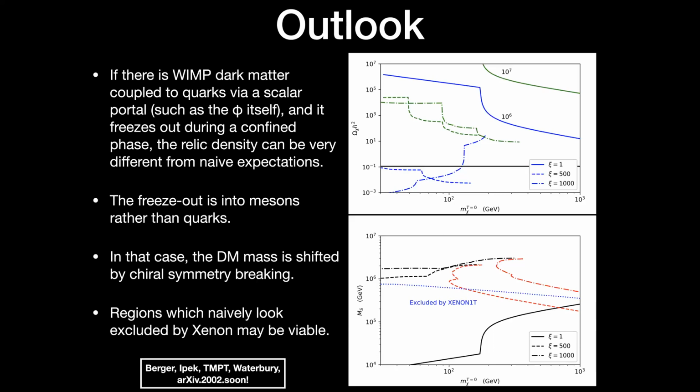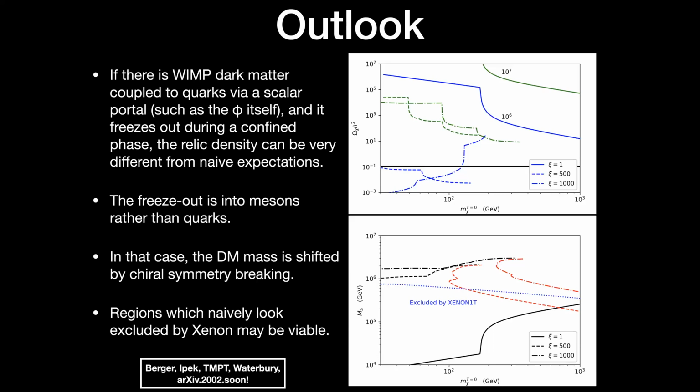So you actually have a theory where the dark matter has a different mass during the time it's freezing out than what it would have today. The upshot of all of this is shown in the figures, so maybe the lower figure is the more interesting one to focus on. There's the mass of the dark matter at 0 temperature, going from a few GeV up to about a TeV or so. The standard case of a WIMP is shown as the dark solid line,